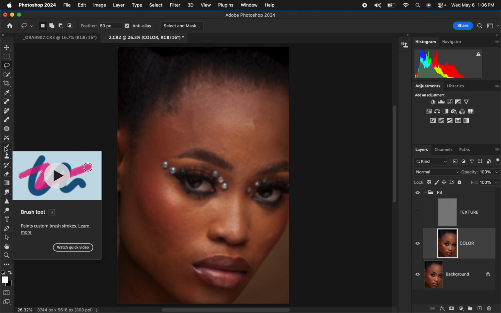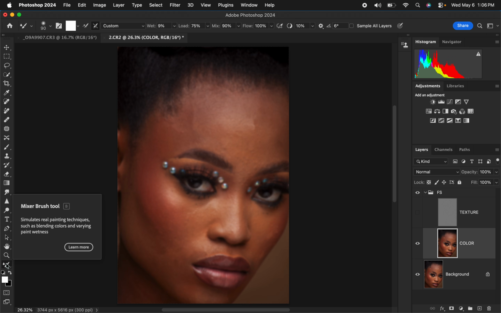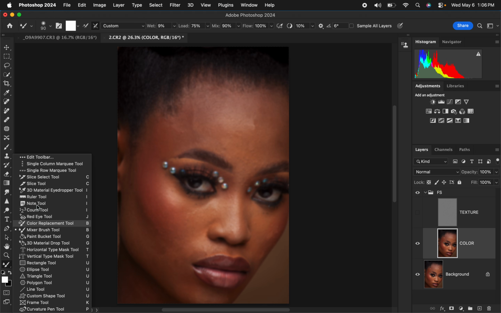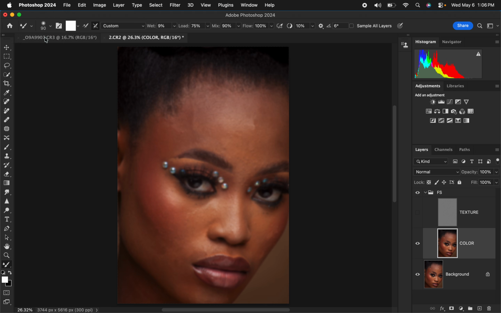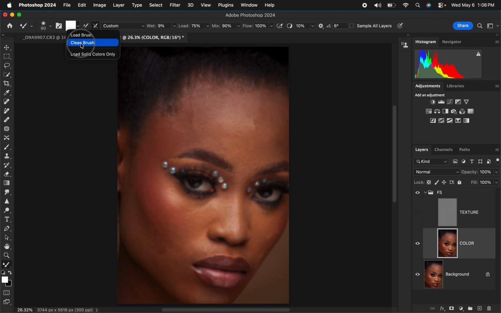So we shall come to the brushes and get the mixer brush tool. You can simply click on the brushes and get the mixer brush tool. And in case it's not under the brushes, you can get the mixer brush tool under these tools right here. So just right click and get the mixer brush tool. After getting it, make sure you set it right. Make sure hardness is set to 0, soft round brush is selected, and make sure that the brush is clean and